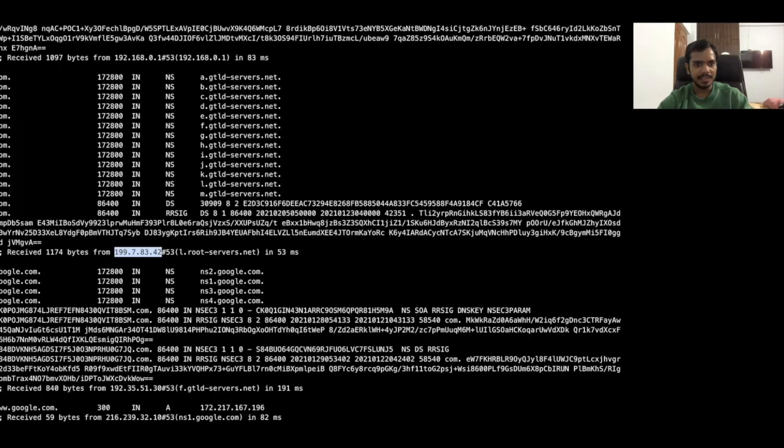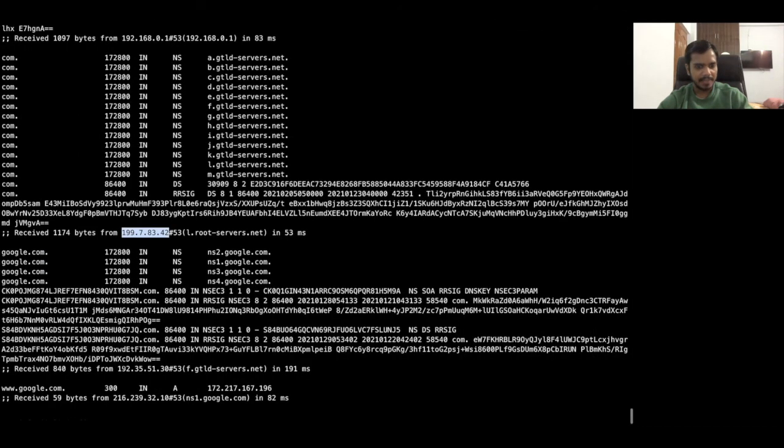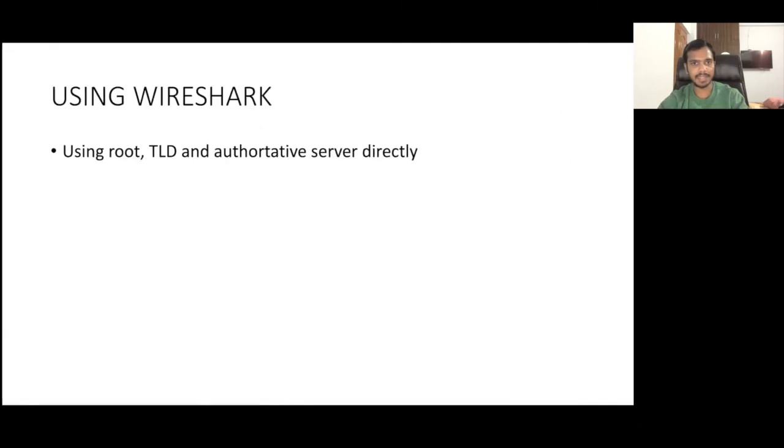Now what we will do is we will go here and do the same thing for another one. You can look at all the others, but I'm just showing two of them here. This is one of the TLD servers, meaning we have hit one of the TLD DNS servers. So let's see what query and reply came from this.